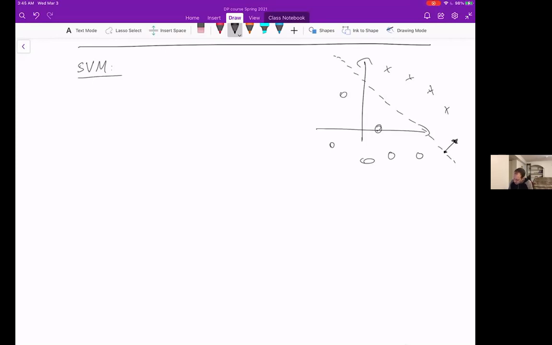Okay, and so if I use W to denote the orthogonal vector for my subspace, and if I include a constant term in W, I can basically assume that it passes through the origin, and that's fine. Then